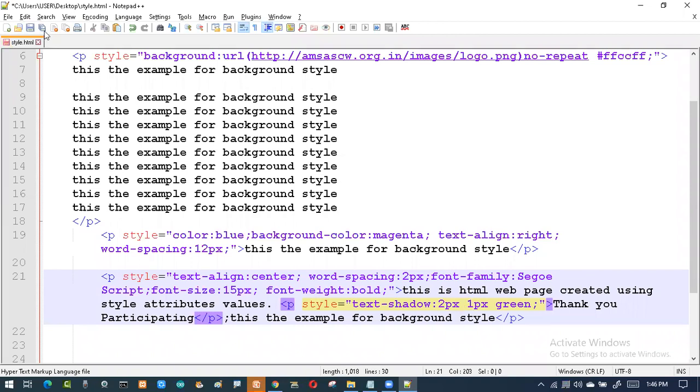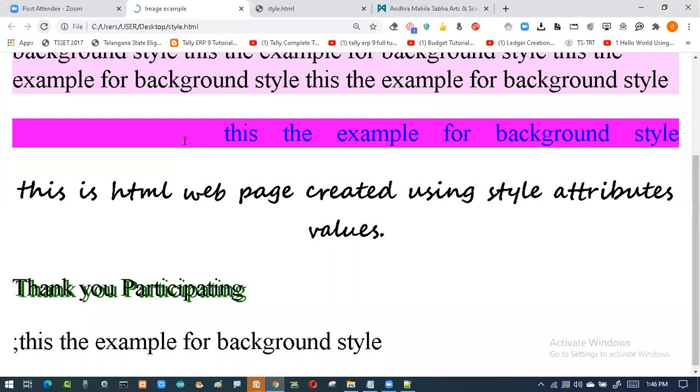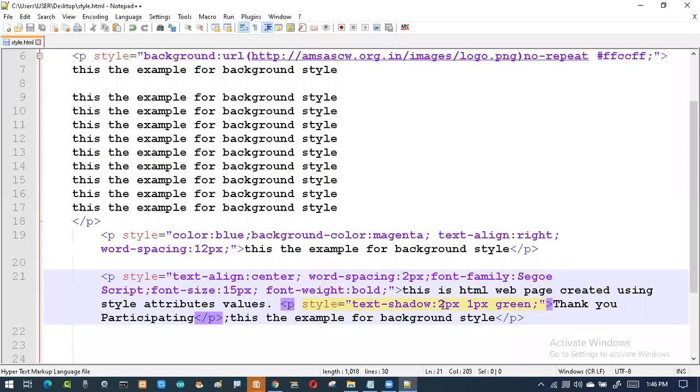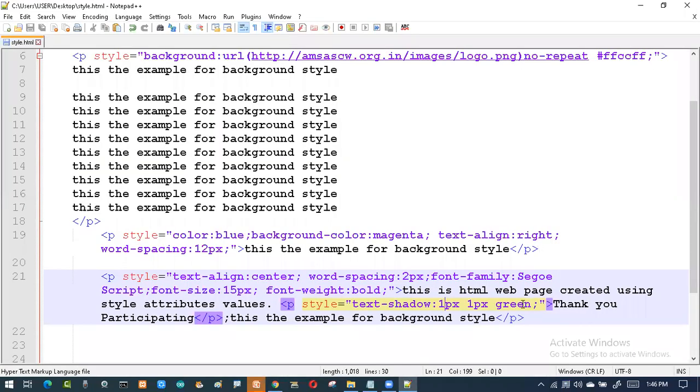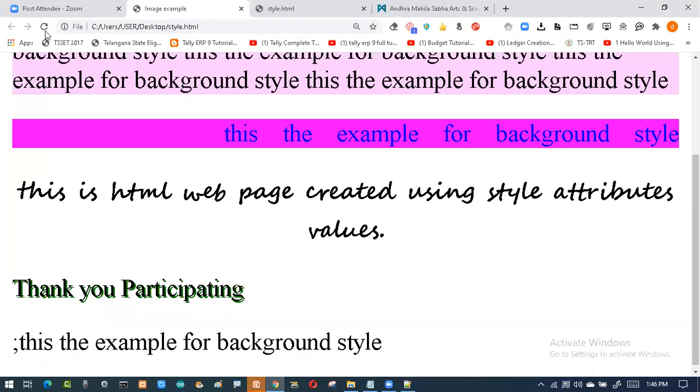Then I'll say, now you can see I'm trying to adjust this one. You have to see according to the shadow how you want the position, angle, and all the things. So now I got the shadow. See, I got the shadow. Now if you want the shadow to be a little bit lighter, instead of green color, I say gray color. Then you can see the shadow. See, now I got the shadow.